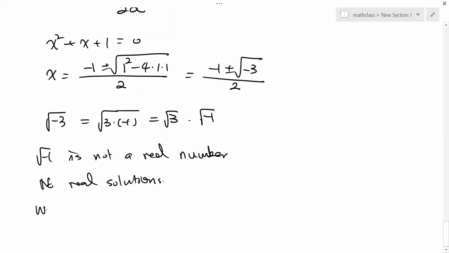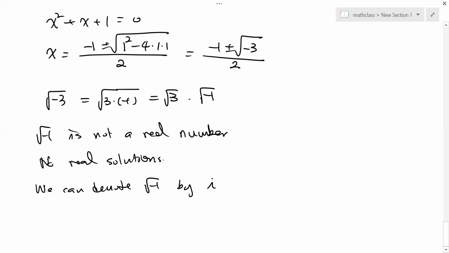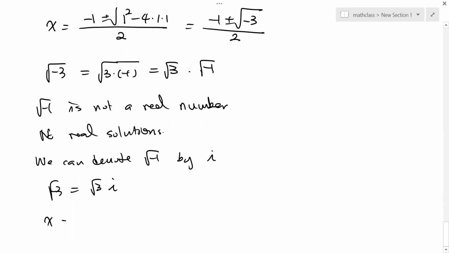We can denote the square root of negative 1 by i. i means the initial of imaginary. Then the square root of negative 3 can be written as square root of 3 i,